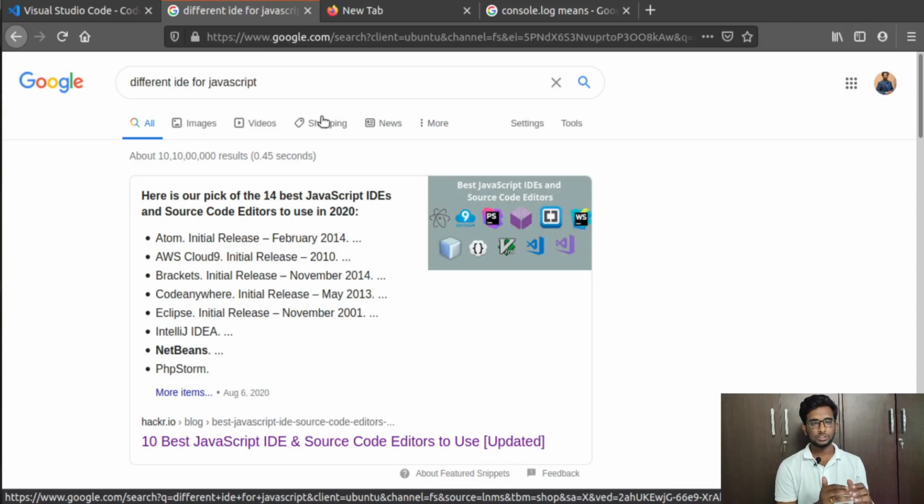So in order to choose any one of them, I would obviously go for Visual Studio Code, which has a simple user interface, which would help any beginner to get started with the code. The best thing about Visual Studio Code is that it has a code editor, compiler, debugger and build automation tools with it.